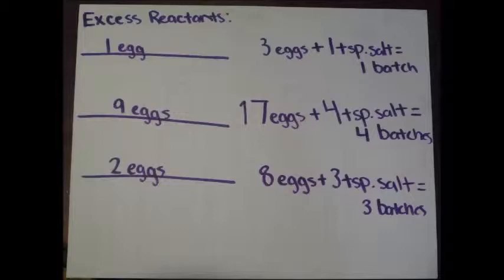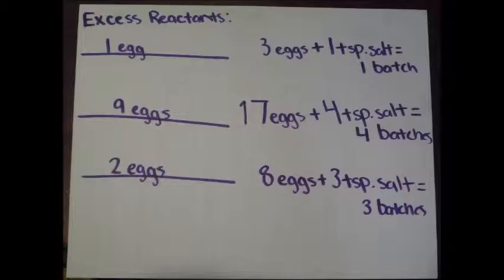It is very easy to find the limiting and excess reactants within a recipe. From the recipe, we found the limiting and excess reactants of the eggs and salt. There are 2 eggs and 1 teaspoon of salt needed for 1 batch of cookies. With 3 eggs and 1 teaspoon of salt, you are able to make 1 batch of cookies, with a remainder